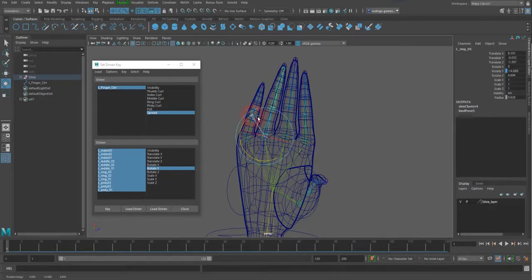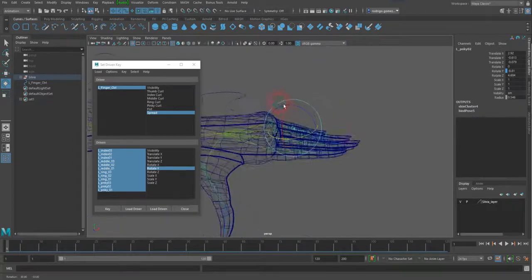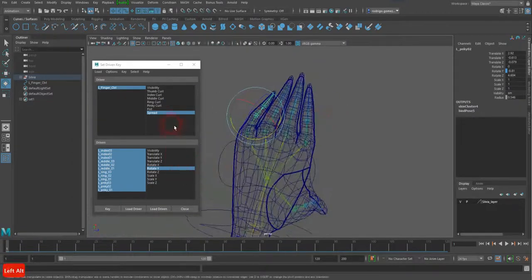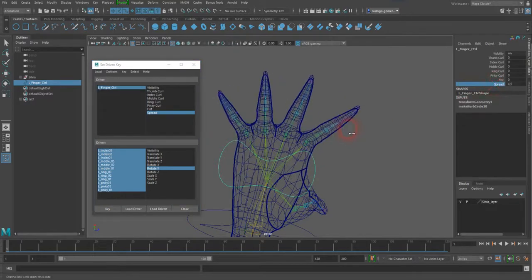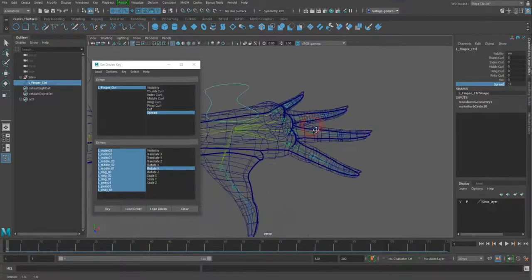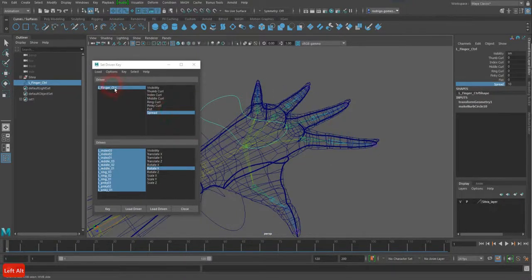And of course for that we need just to bring them closer. You may move some of the other ones too, but just to get them a little bit closer like that. And then I'm just going to go and create, this is -1, I'm just going to key that. So now I got my spread attribute. If you wanted to add to that the thumb, you perfectly can do it. You simply bring it back to 0